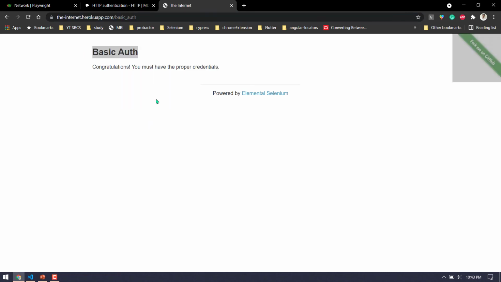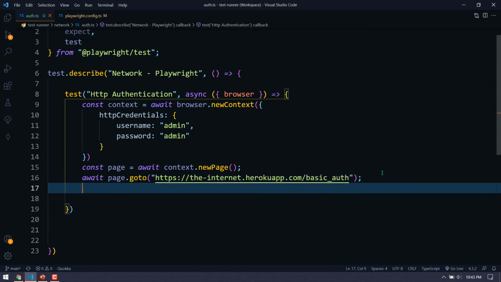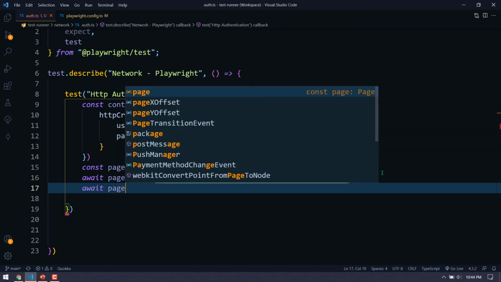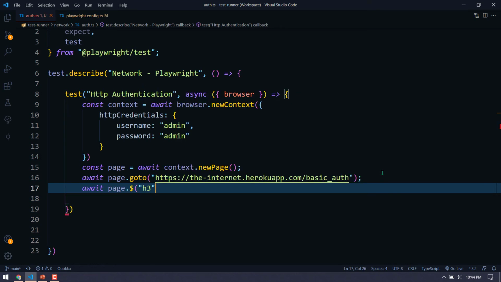So right click and inspect. This is basically within the h3, so we can write an expect. Before that we will also log this text in the console, so we can make sure. So await page.$, and this is basically h3, so we'll take that and store it. So const header, we'll just name it header or something like that, anything is fine, not a big deal.